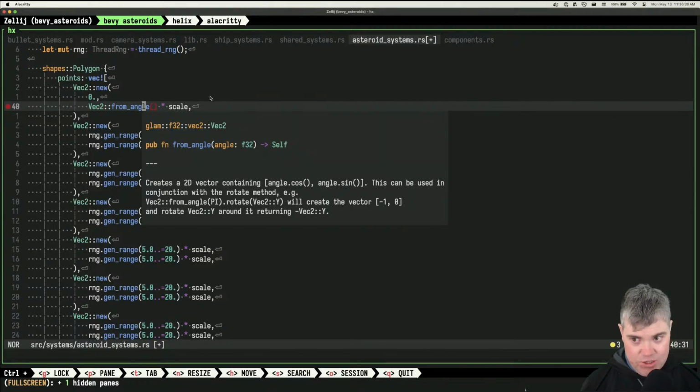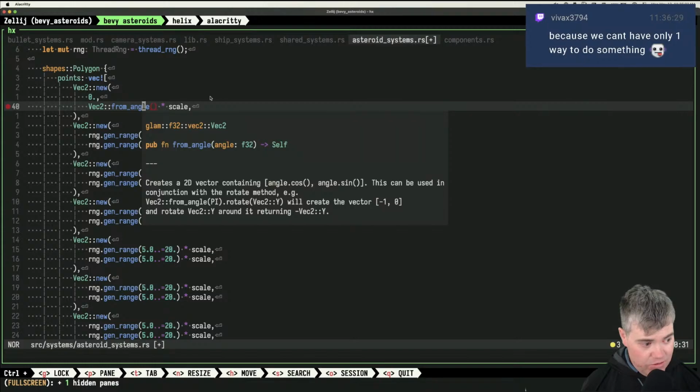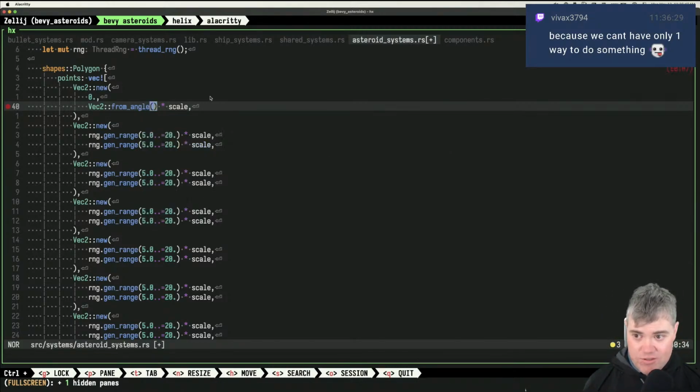What does that mean in radians though? Should I do 2 pi or something? Because we can't only have one way to do something. Yeah, and I think when I have multiple ways to do something, that's when I get really confused really fast. So if I want straight up, right? That's 0, right? So it's from angle 0, and